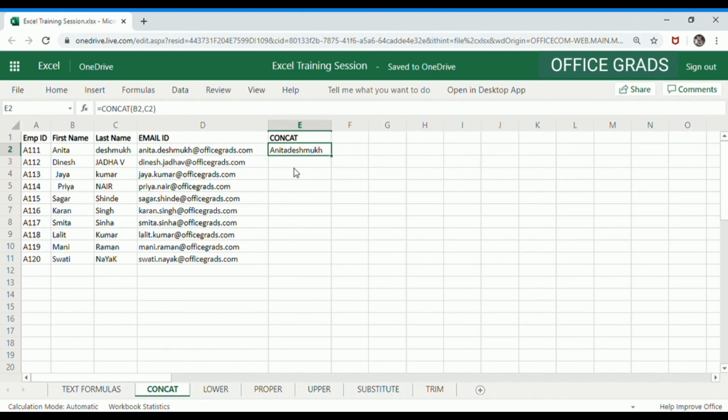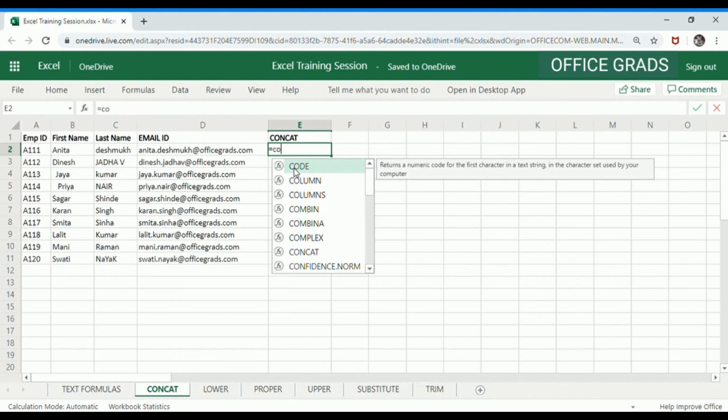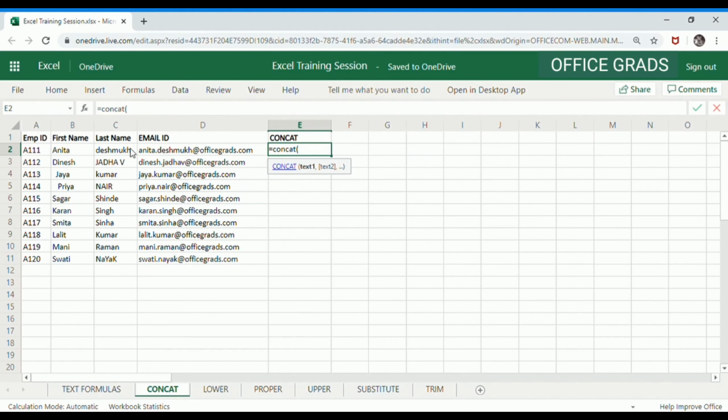I want to have a space in between the two different texts. So I can insert a space. How can you do that? Let's find out. Equals to CONCAT, bracket open. I'm selecting the first name, comma. Now you want to add a space after the first text. So after the first text, I'm pressing comma, and to add a space, I have to put inverted commas, space, and close inverted commas. This is your second text where you have added a space. Now press comma and let's add a third text. So here I'm selecting the last name and then I'm closing the bracket, right?